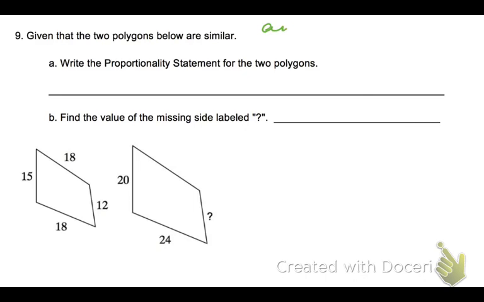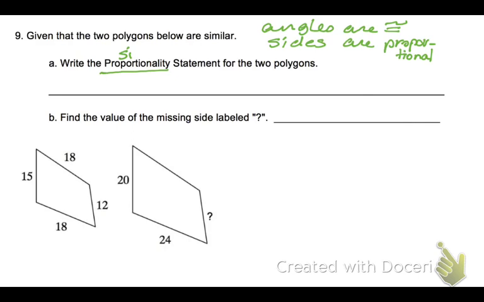Okay, angles are congruent, sides are proportional. I'm going to get close to that side. Okay, so write the proportionality statement. Remember, proportionality statement, as we talked about today in class, has to do with the sides. And the sides have to be done in order. So right off the bat, we'll go left to right, and so side 15, we're going to make the